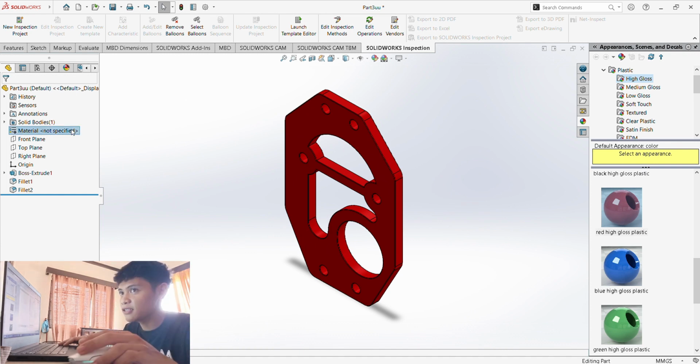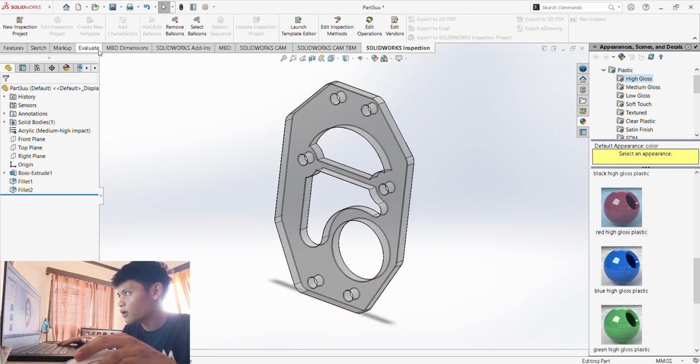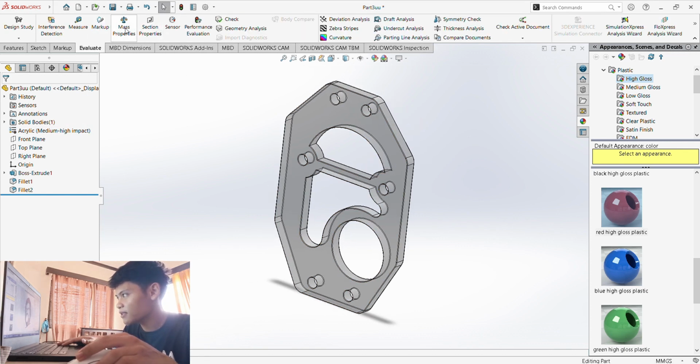Usually, the materials that are used for mechanical manipulators used for demo are plastic. So for this one, let's try to use this plastic here. Let's use this just for example. So let's try to use acrylic because this one is transparent, so you'd be able to see that the material actually did change. So apply, then close. As you can see, it has changed. Then go to the evaluate tab. The mass properties, you can see its mass has changed as you use different materials for this one.